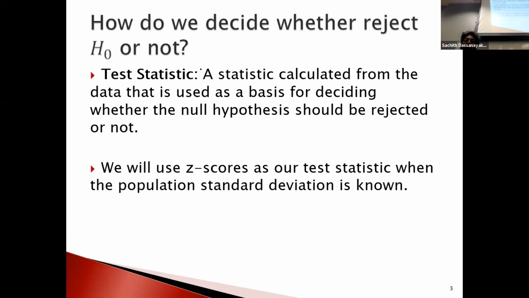This is how we decide whether H naught is rejected or not rejected. In hypothesis testing, you have binary options: either you reject H naught or you do not. You have two options, and this is how we take our decisions. So we have H naught. At the end of the calculations, or at the end of the problem, you have to decide whether to reject H naught or do not reject H naught. How do we take that decision?